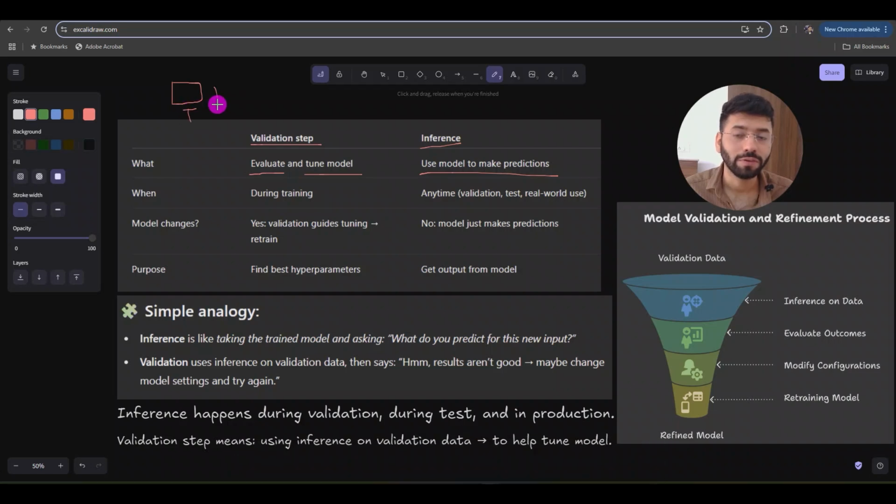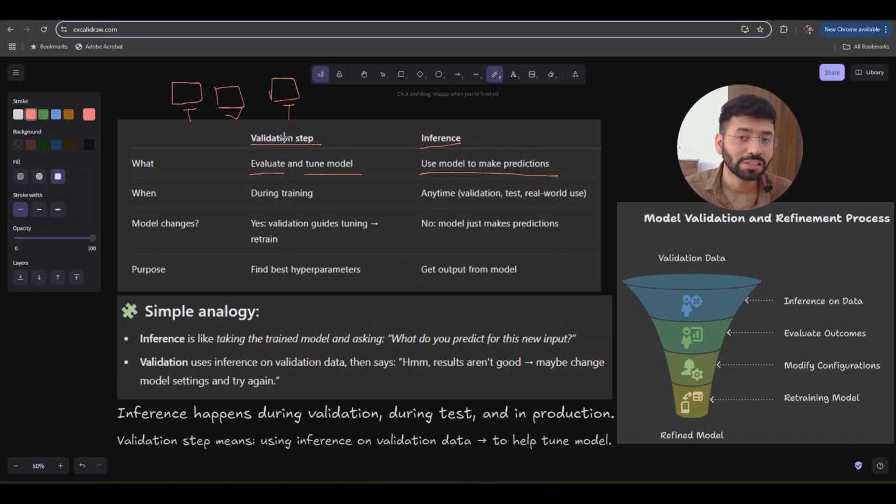So this was the training phase, then you had the validation, and after that you have the testing phase. But inference can happen anytime. You are just making predictions in it, so you can make predictions anytime while training, while validation, and while testing as well.